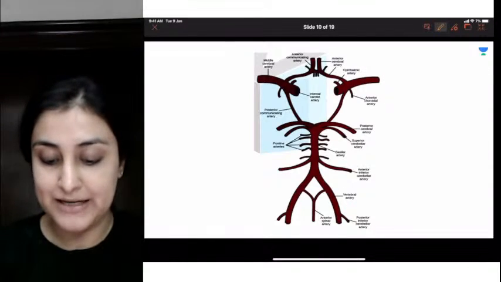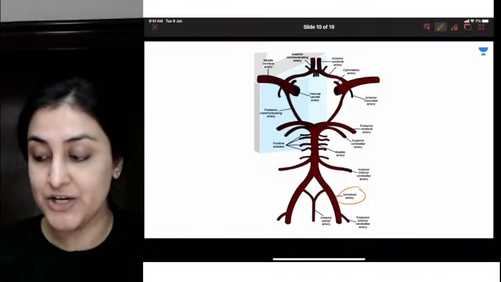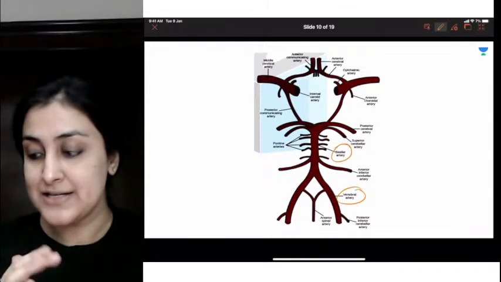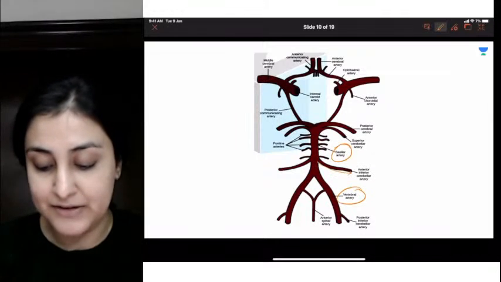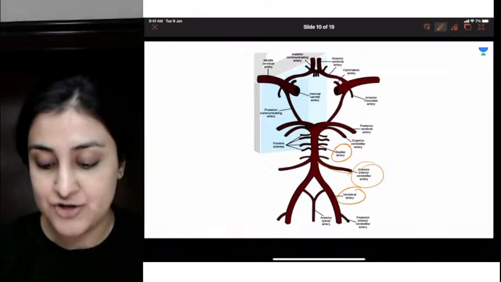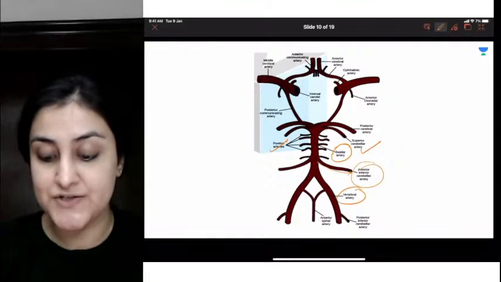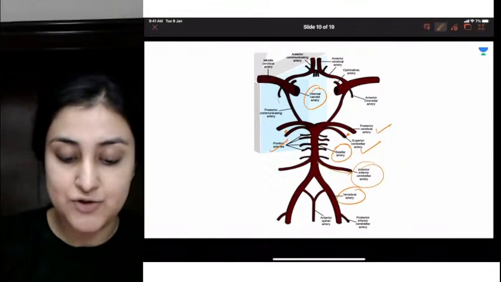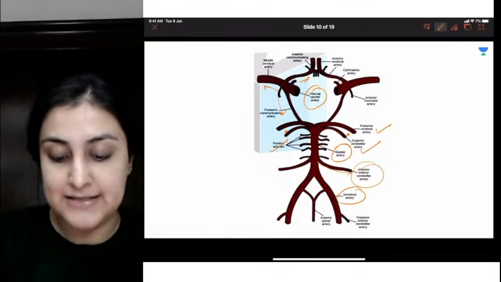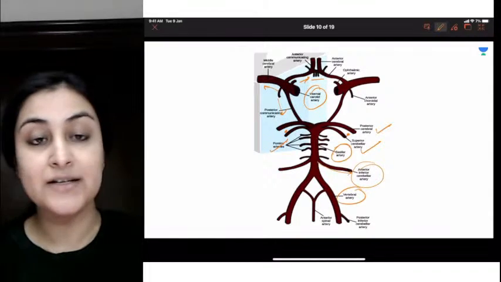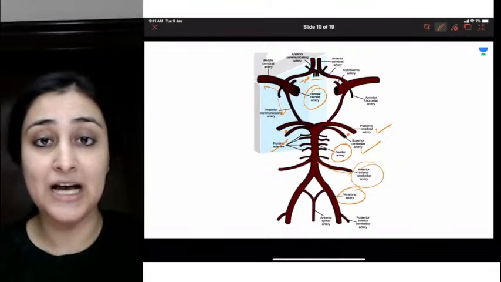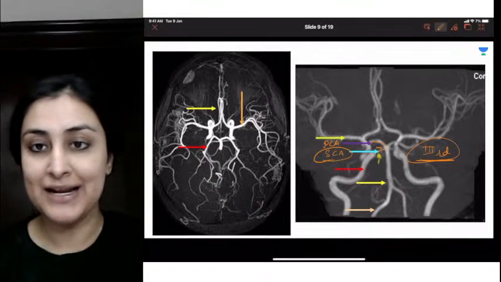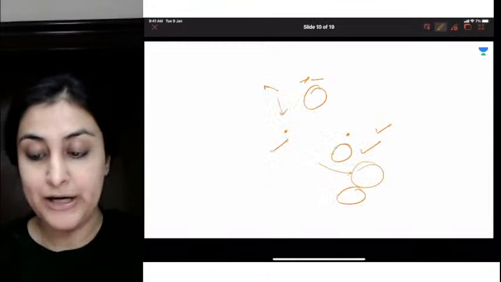One more time just to make it easier. So posterior circulation, vertebral artery giving rise to the basilar artery as a single midline vessel. Here we have the ICA which arises. Basilar artery will give rise to pontine branches, superior cerebellar, PCA, and this is where we have the third cranial nerve. ICA giving rise to PCOM, MCA, ACA, and ACOM. Right? Is this clear? Everybody, circle of Willis anatomy, whether they ask us on schematic image, theoretical image, or they ask us MR angio, we should be clear. Okay, so this is about that.